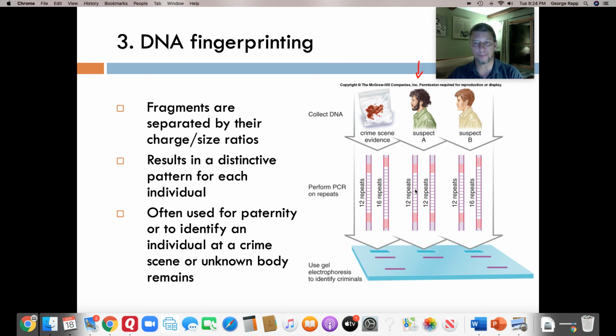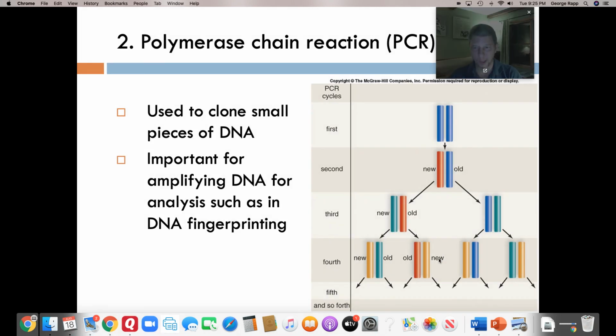So if you have crime scene evidence with DNA that has two different alleles, you'll end up with two different bands in the crime scene DNA. If you've got two suspects and one of them only has one band at the 12 repeat mark,